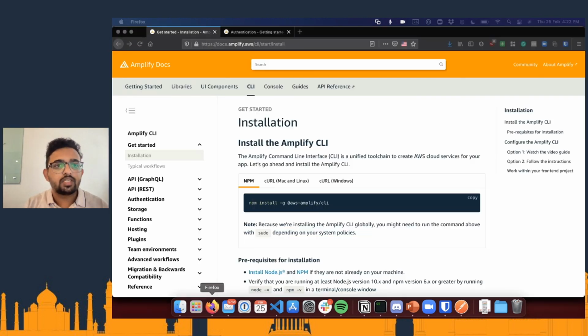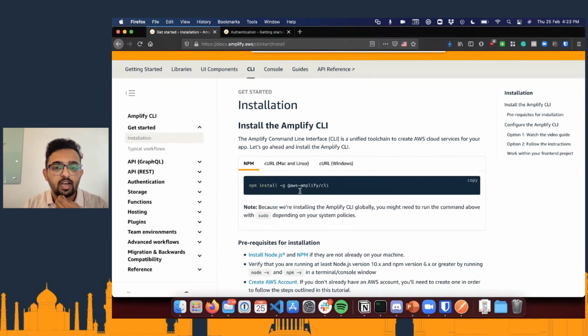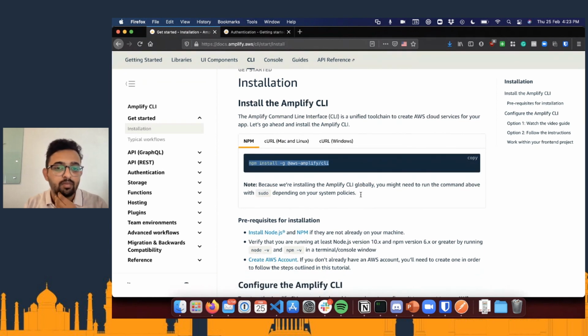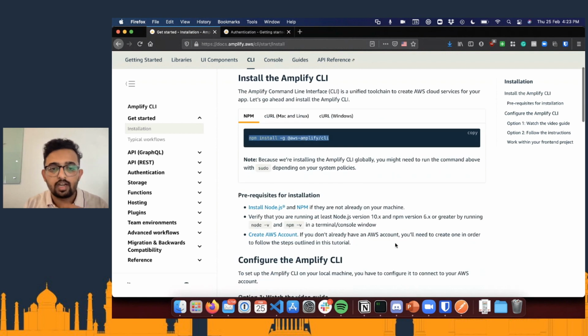So the prerequisite is that you need to have Amplify CLI installed, and you can do so by running npm install -g @aws-amplify/cli, as shown on the screen here.